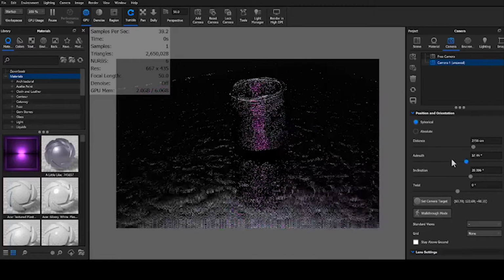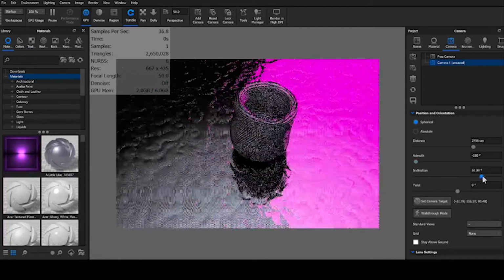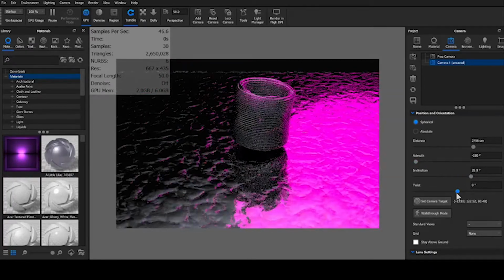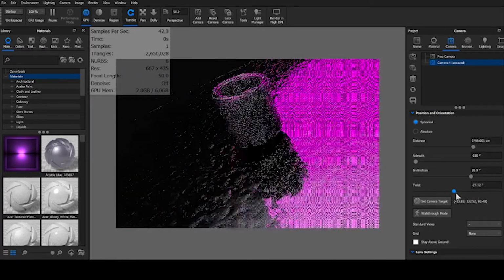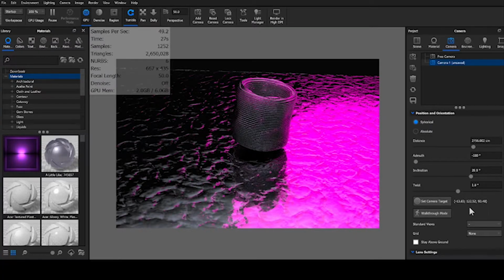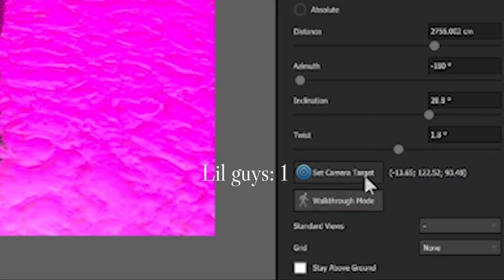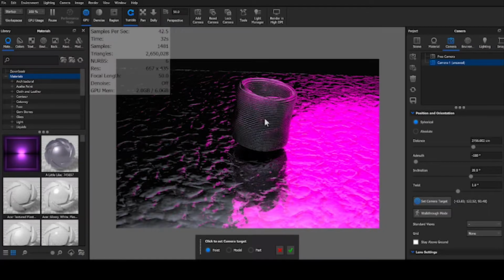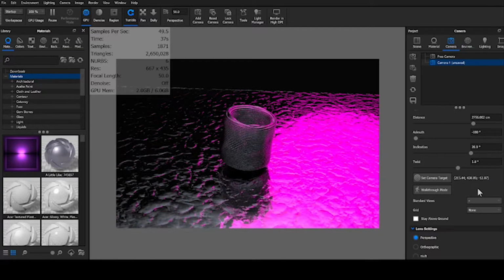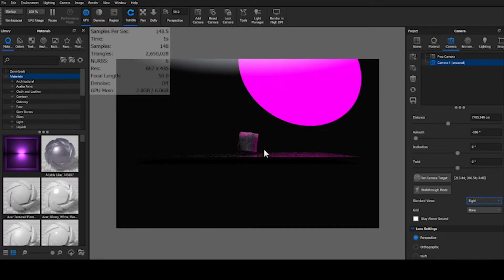distance, azimuth, inclination, and twist. These sliders will adjust the camera position in relation to the camera target, which can be set by clicking this little guy right here, and then clicking on a point that you want to focus on within the camera view. If you want to easily toggle between standard views like top, side, front, there's a drop down right below the Set Camera button, which you can click and simply select a view that you want to switch to